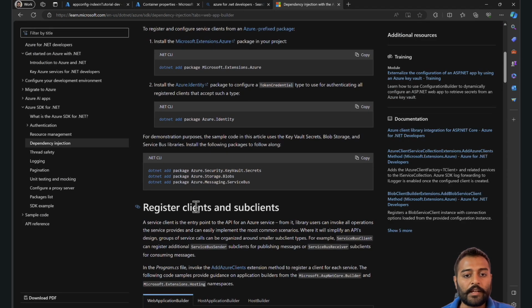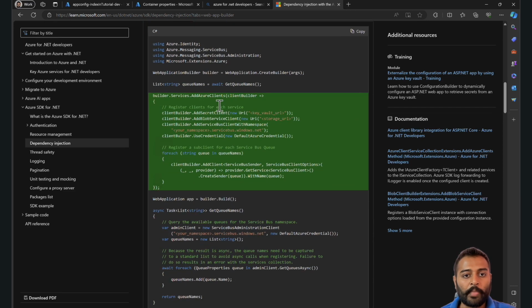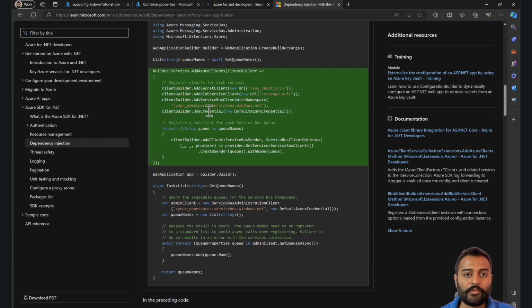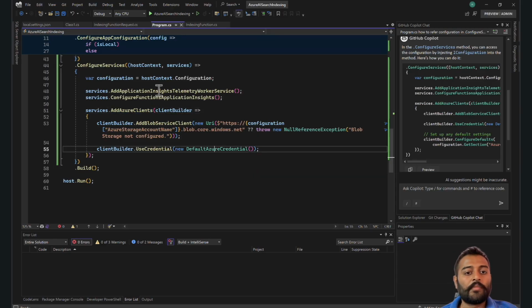This is the place I copied it from. Add Azure clients. Add blob service client. This is the one that I did. Well, slight modifications I did, but yeah, this is the place I copied it from. Okay. Now,